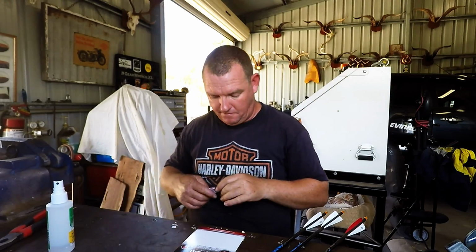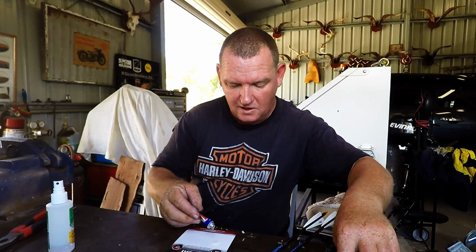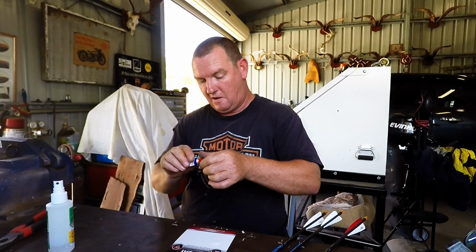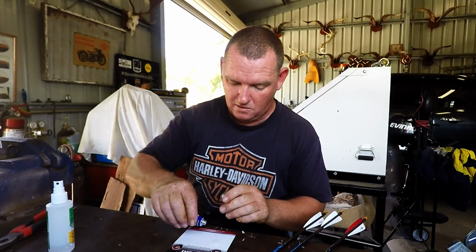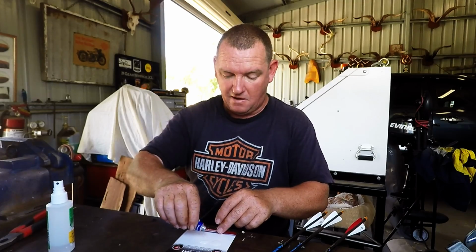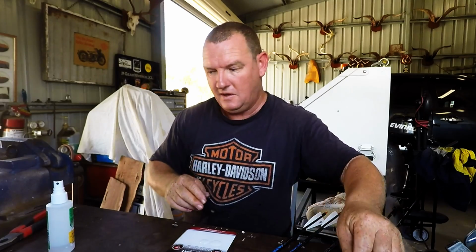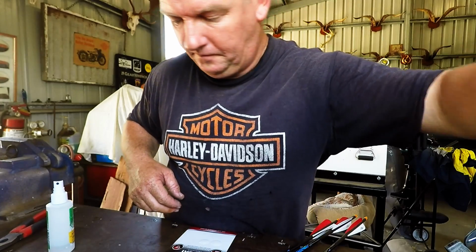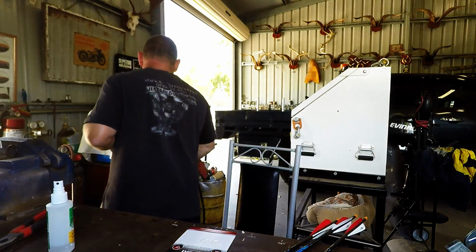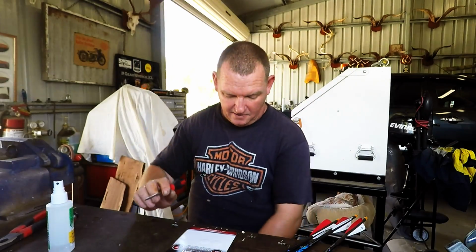I'll mix up a little bit of, this is 5-minute Araldite. Very hot today, it's a bit runny. This stuff you've got to be quick. I only mix just enough up to do three arrows, and it's already going off, so you can't mess around with it. Once you start mixing it,